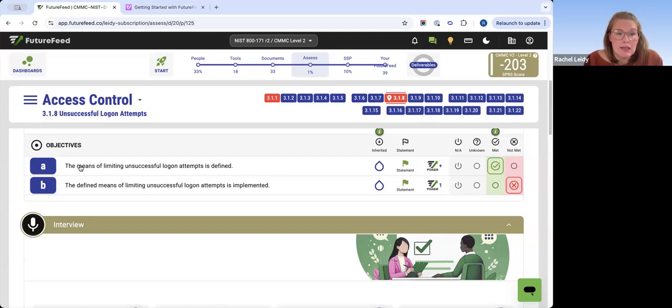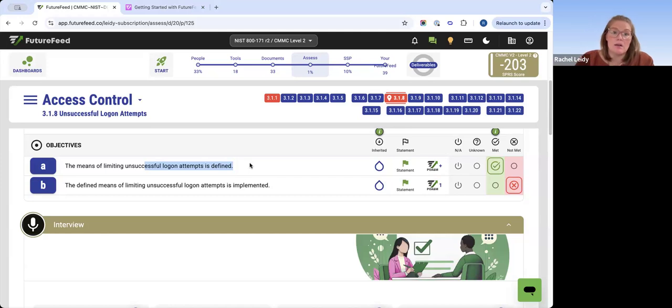have that discussion. Hey, do you guys have a documented definition of unsuccessful logon attempts? What's the threshold? Is that set? Is there a limit of unsuccessful logon attempts? And is it defined somewhere? Okay. You would be talking to someone at your company and they would say yes or no. If they say yes, then immediately ask for evidence. So if they say, yeah, we have that defined, okay, where is it defined? Tell me where it is defined, and please provide me that document so I can upload it into FutureFeed as